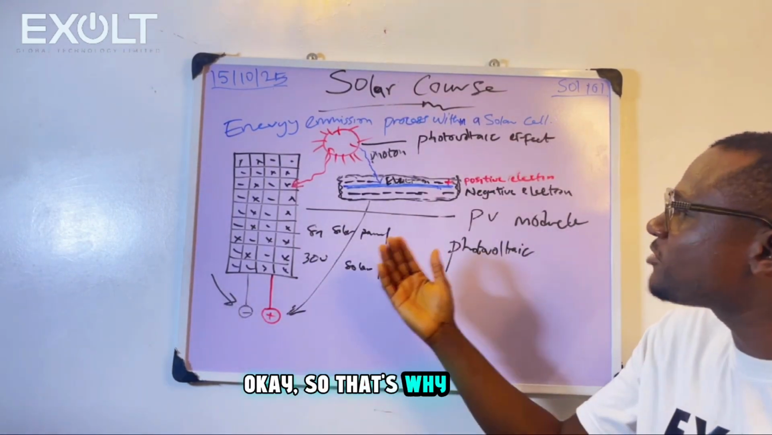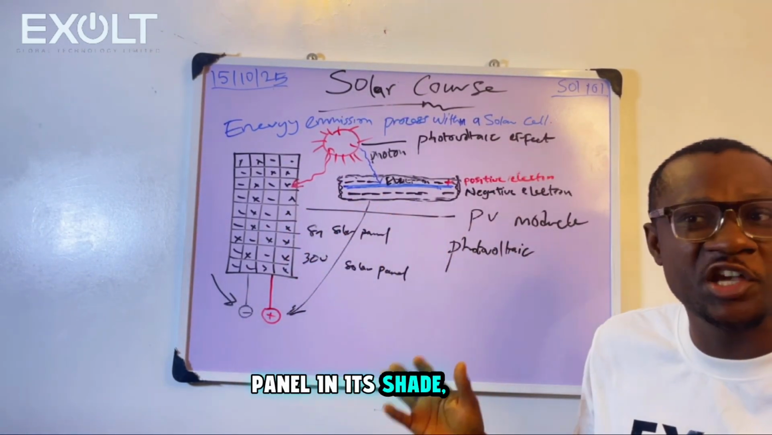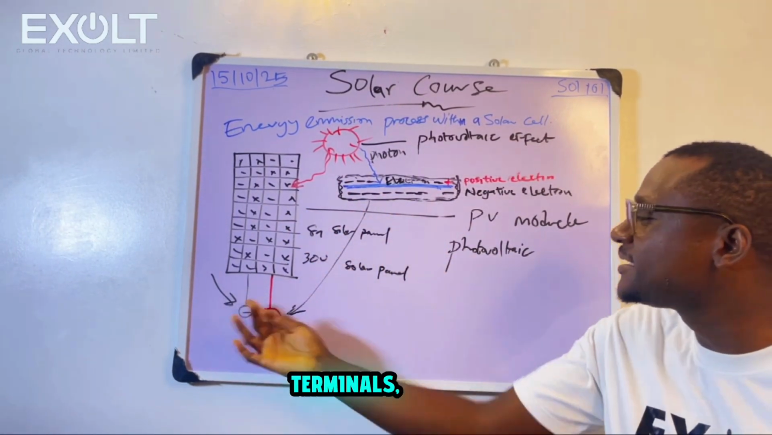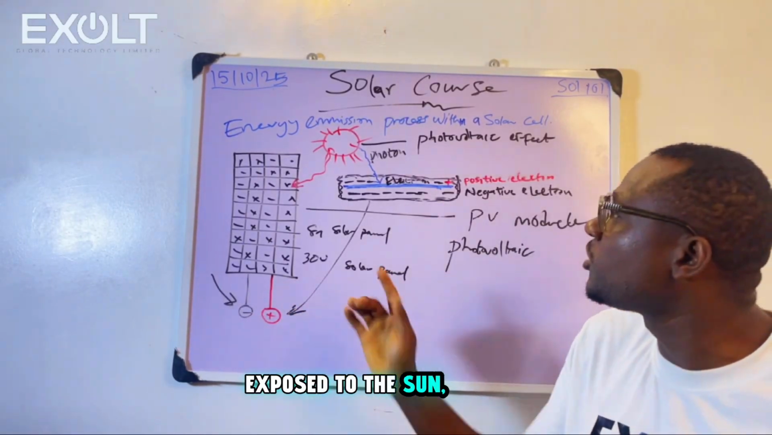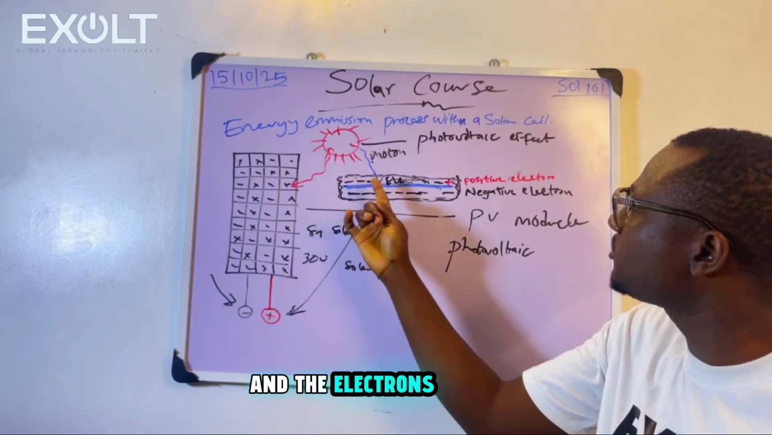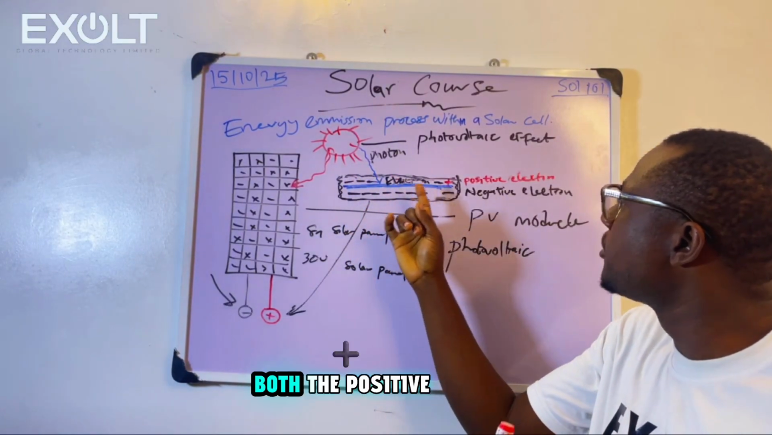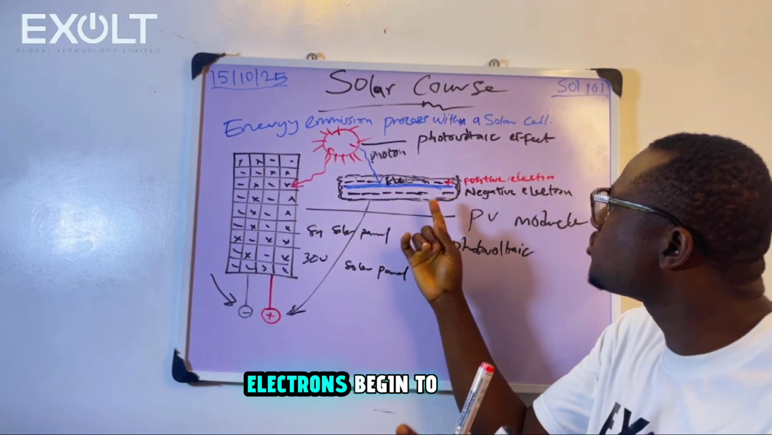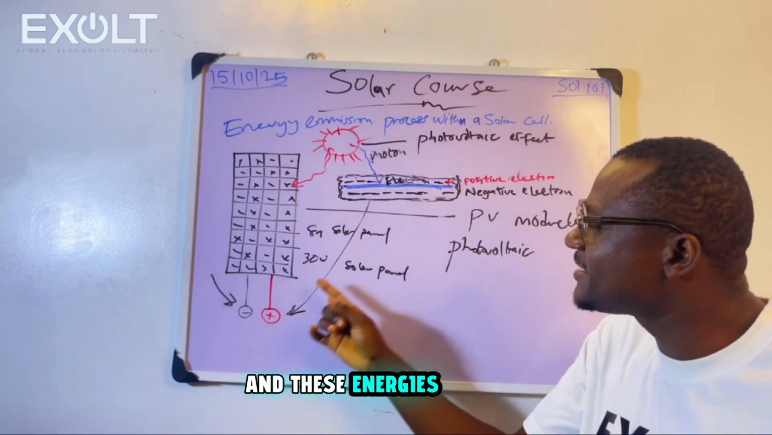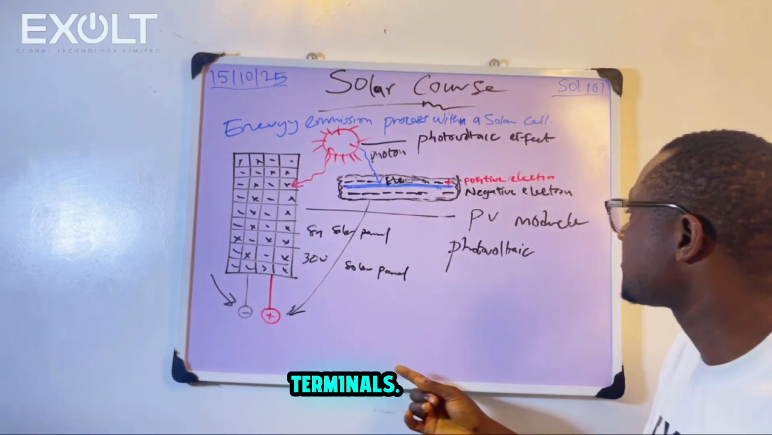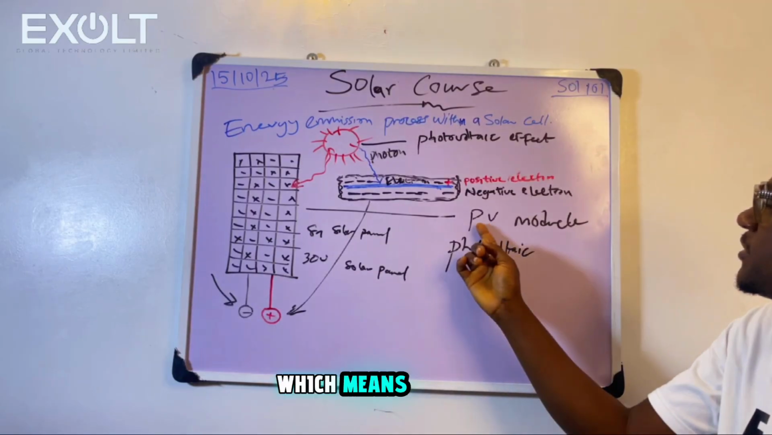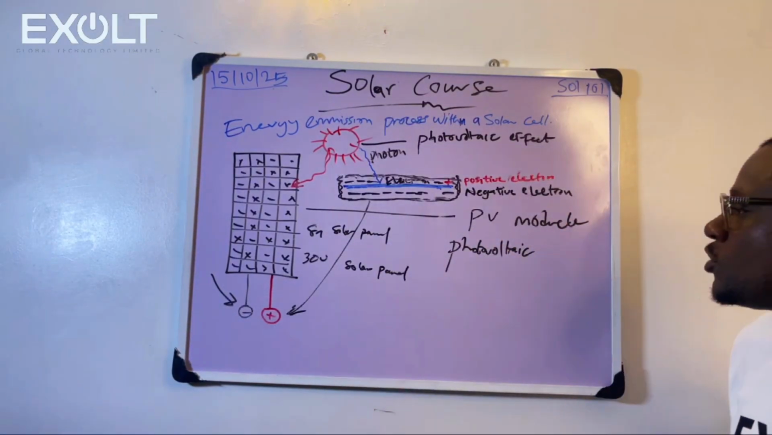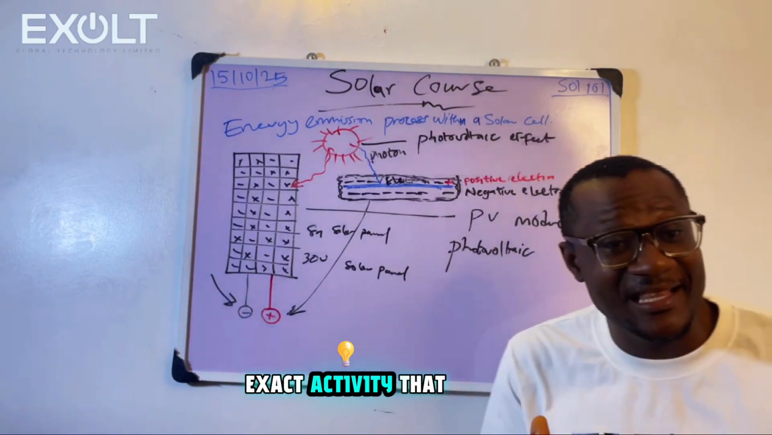That's why when you put your panel in a shade, in a dark place, and you read the terminals, you cannot get any current or voltage. But once it's exposed to the sun, these activities start happening and the electrons start moving at speed. Both the positive and the negative electrons begin to move, and these energies are read from the terminals. That's why we call the solar panel the PV module, which means photovoltaic module. So this is the exact activity that happens